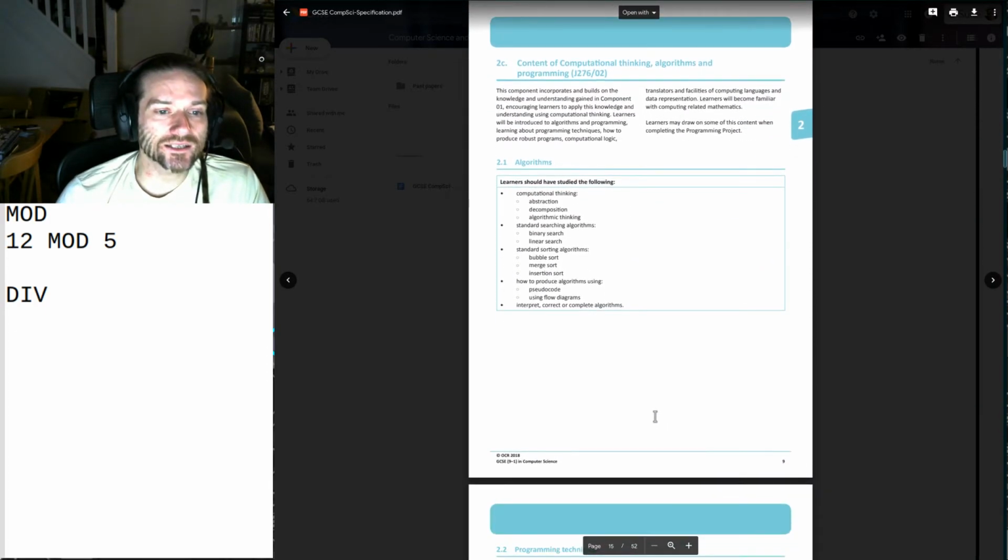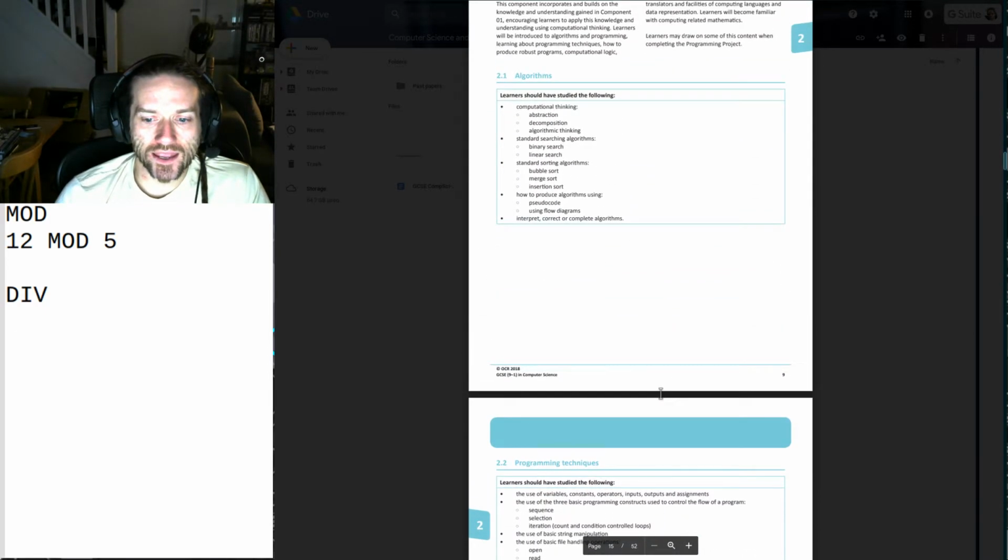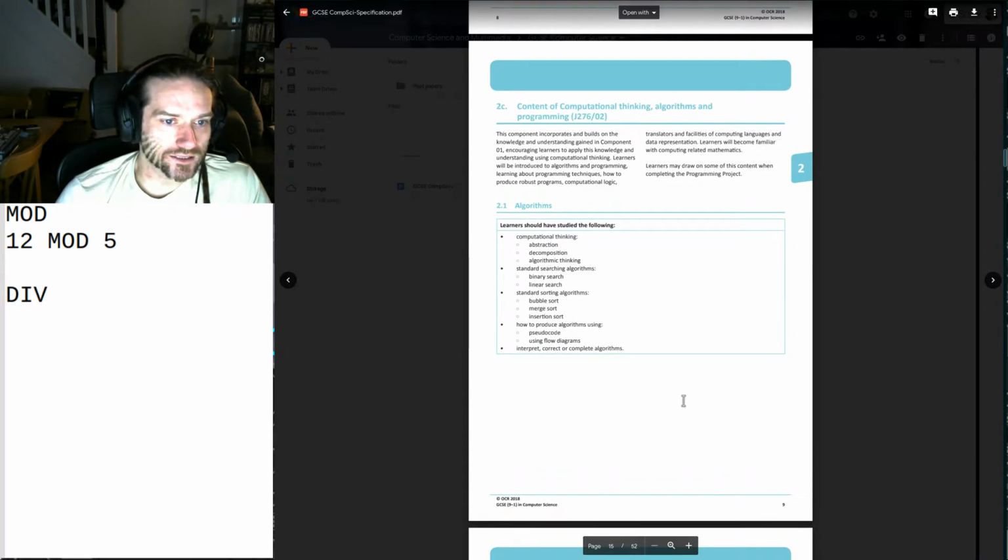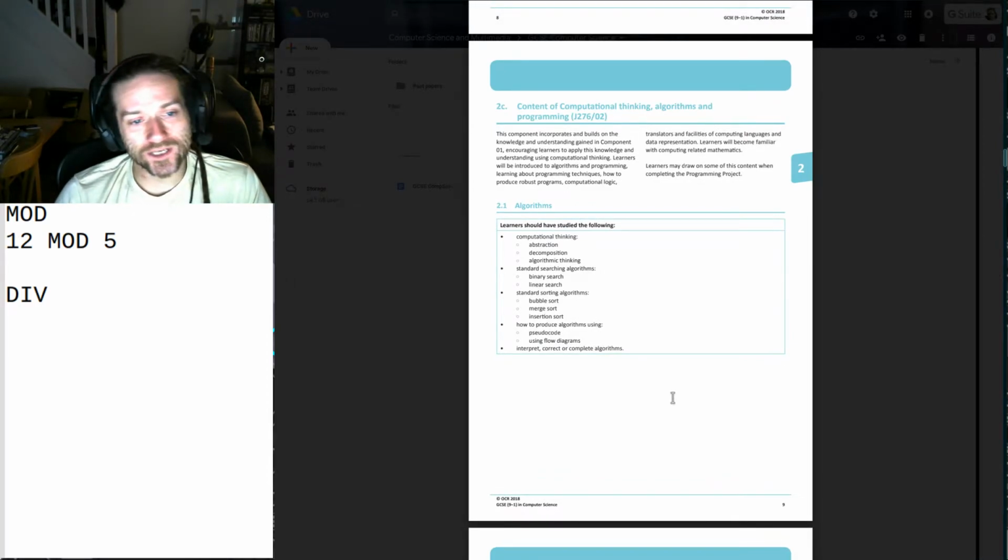So let's just go through and have a look at this. Learners should have studied the following: computational thinking, abstraction. Do you know what abstraction means? Yes or no? Okay, abstraction. How should I word this? Imagine